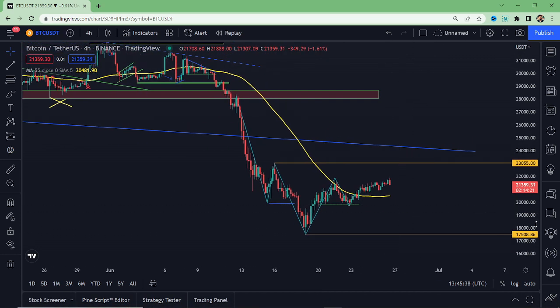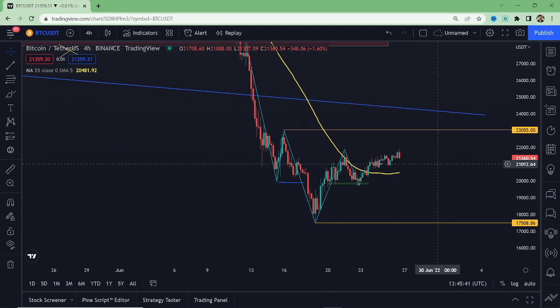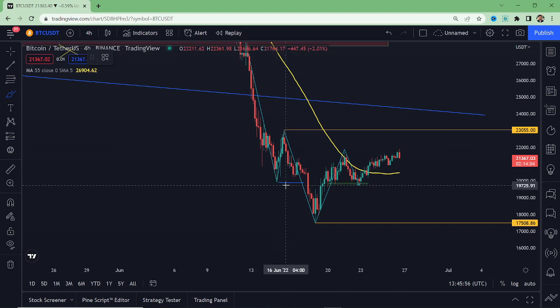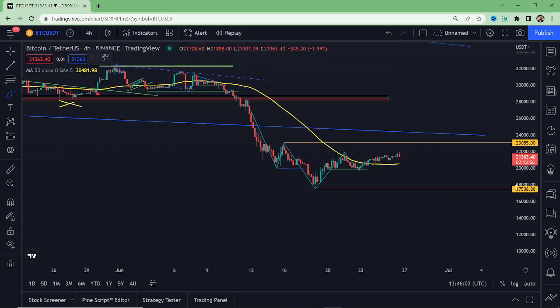Okay, so I really want to explain this breakup structure that happened on 15th June. Today we have 26th June, and it was almost 10 days ago. Look at this structure. The market was continuously creating these lower lows and higher lows. If you go back up, you can see it dropped down and created this lower low and this higher low, then another lower low, then another higher low, lower low, and a higher low.